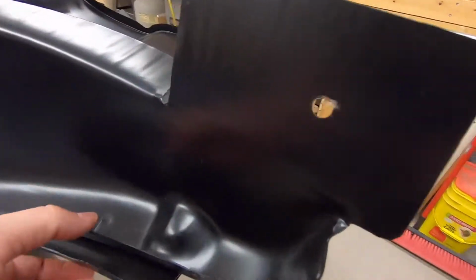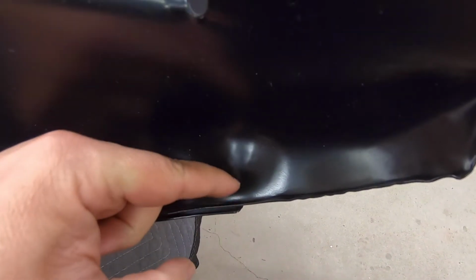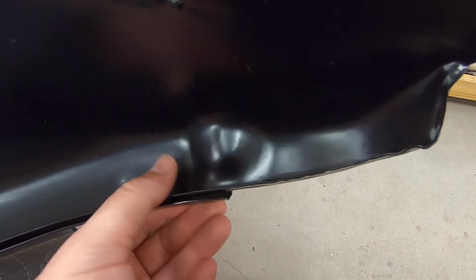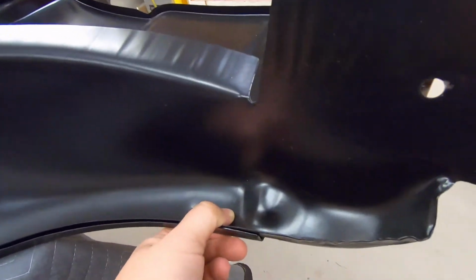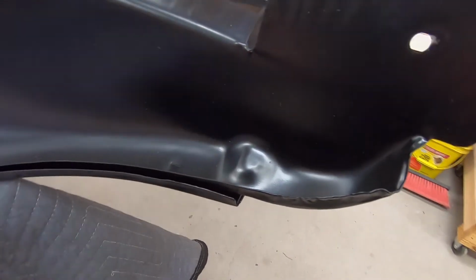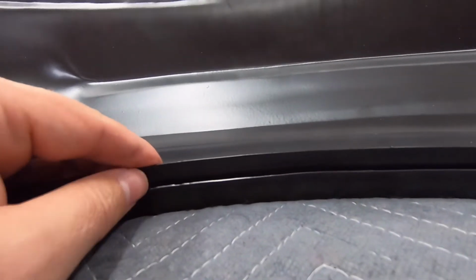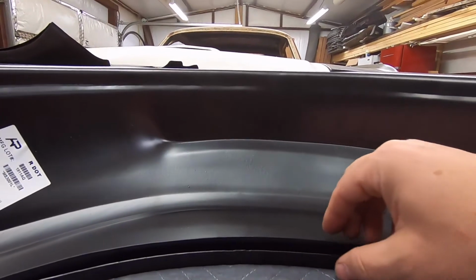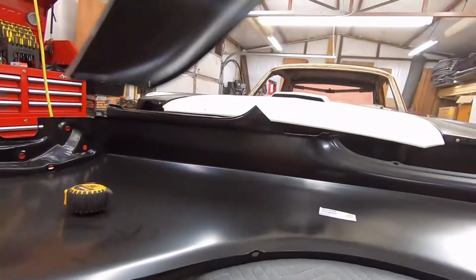Now, come back over here, I'll give you a better view of this. If I pull this back into here, what I'm talking about is this little bit here. This is just not deep enough over here for this to come this way enough and go down where it needs to go. You end up with that, which is kind of in the ballpark, but it's just not enough. You could fix that with a hammer and dolly, that's fine. The major issue is if you look right here, you can see how far off that is. The problem is that when you put this on, you can't get your quarter panel up against this where it should be, because this should be pretty much the edge of this, and it's not. The reason for that is...